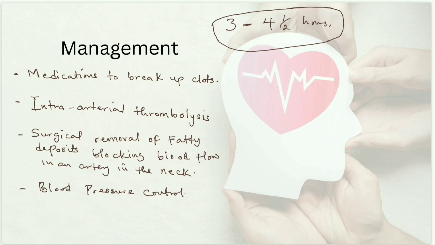So BP control is very important when it comes to hemorrhagic stroke, because like I said, the pipe has actually burst. In hemorrhagic stroke, the integrity of the pipe has been compromised, whereas in ischemic stroke there is a blockage, but in hemorrhagic the pipe bursts open. So you need to take note of that, but this is just for your knowledge. I'm not saying you should practice this.